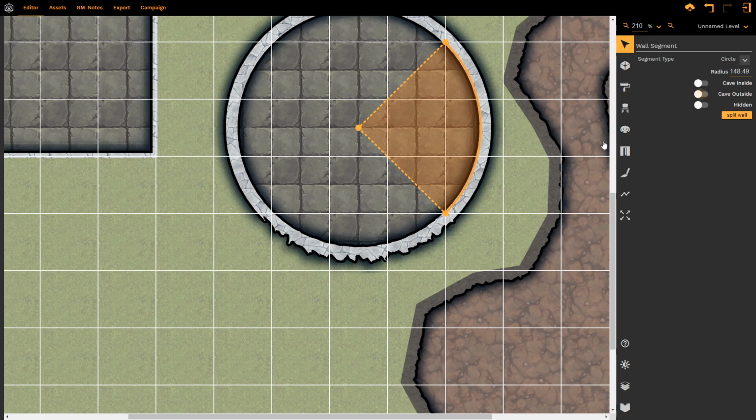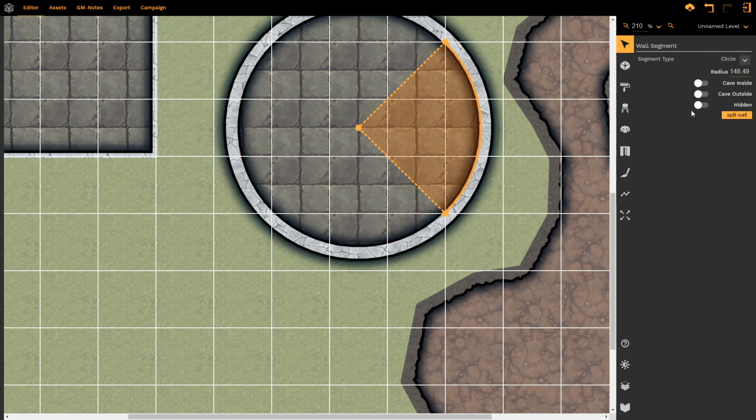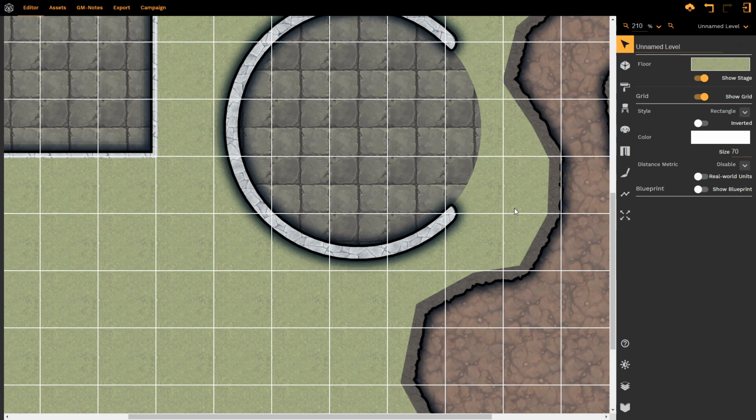We have the option, if I deselect the cave wall on the inside and the outside, finally we have the option of selecting a segment and then hiding it. So the segment is now hidden. The effect is automatically generated by DungeonFog. The vertex points are rounded around the vertex point, and it now looks as if there might be an entrance